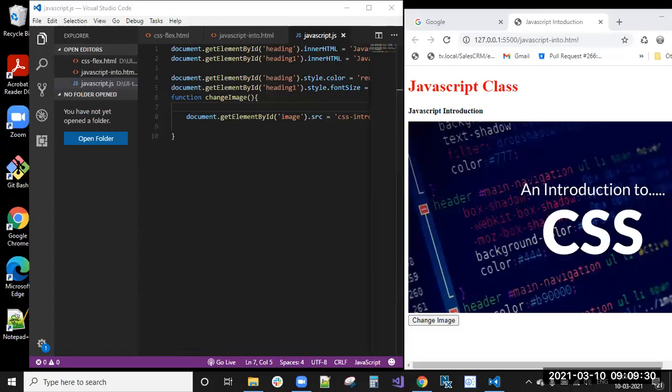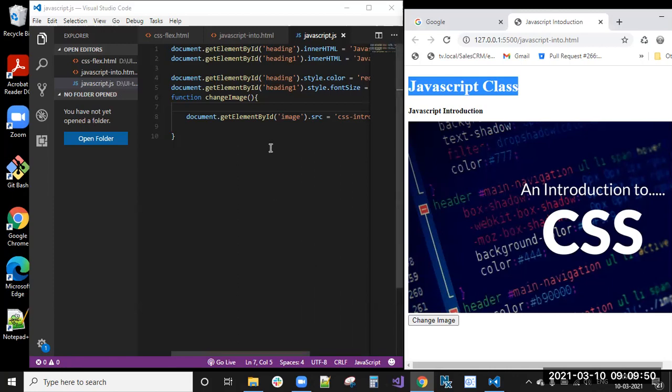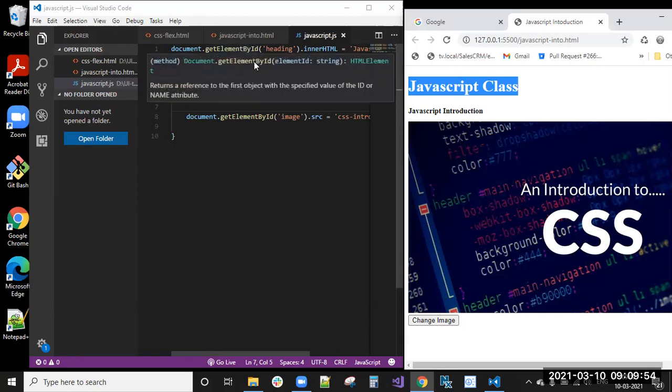While loading, we are changing the content. These are the things we can do by using JavaScript. We can change the font size, font color, and styling, we can do anything. We can change the content, images, and attributes also.